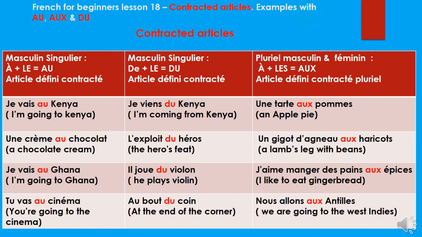So you see pomme is feminine, and even the S. Most nouns in French which end with S and which are also with E, they are feminine and they are plural. Because you can see, if you see pommes in tarte aux pommes, it ends with S, it's plural. Haricots, there's an S at the end, it's plural. Épices, there's an S, it's plural. Antilles, there's an S at the end, it's plural. So try to get the hang of this and try to know words, because in French, like I told you,